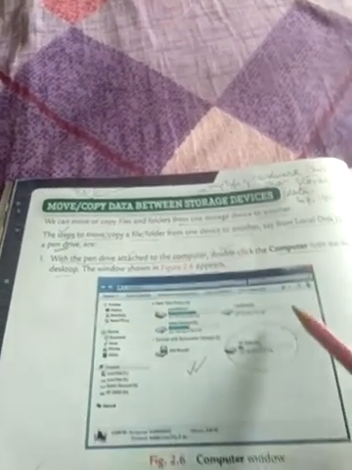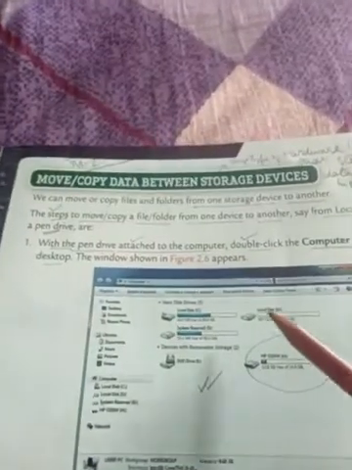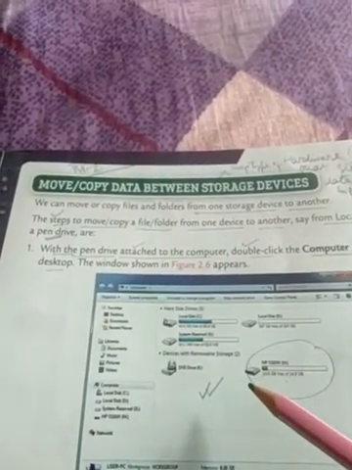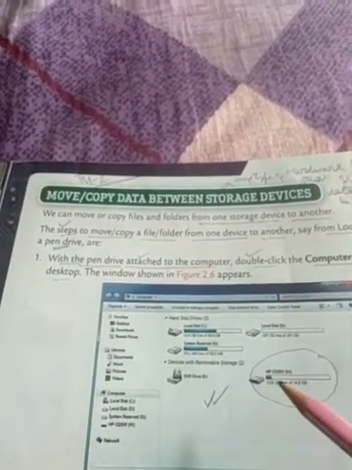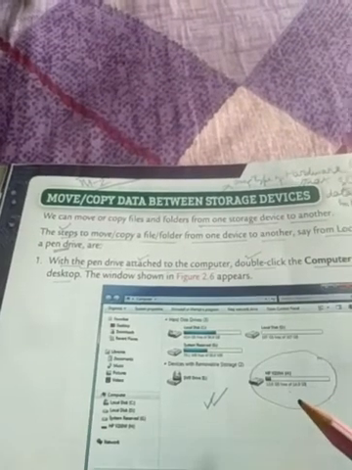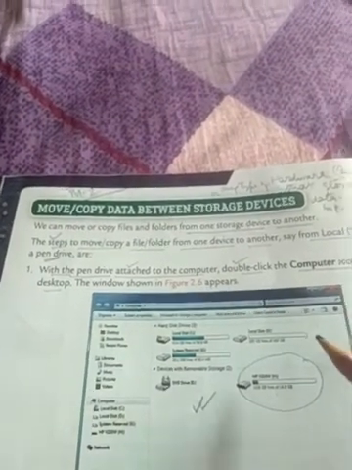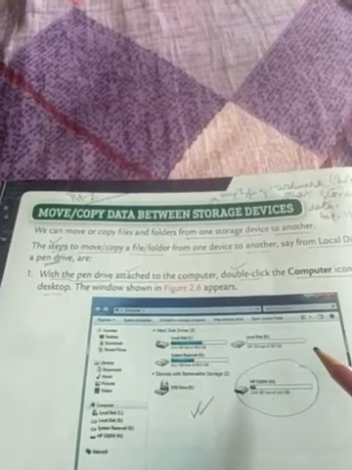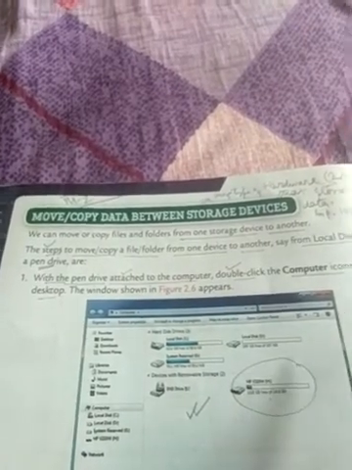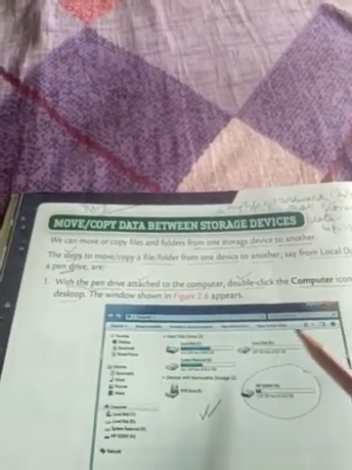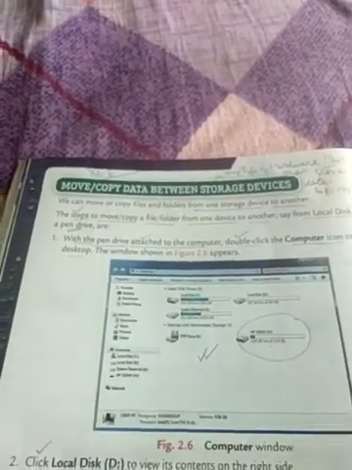And doing so, we will have such kind of interface in front of us. I repeat, we have to first attach the pen drive to the computer. After this, we have to double click using the left key of the mouse on the computer icon of the desktop, and after doing so, we will have such kind of interface in front of our eyes,